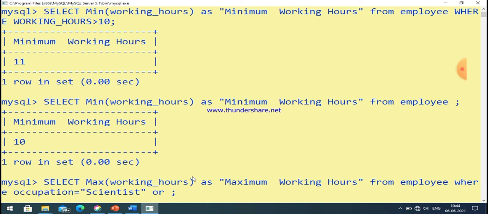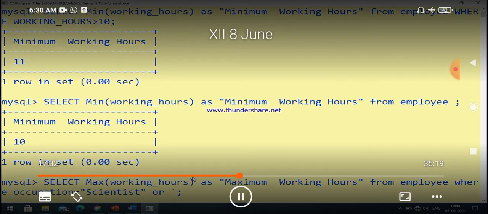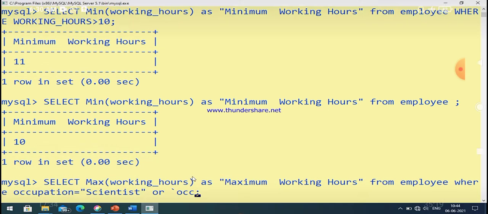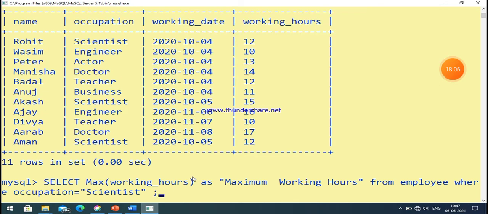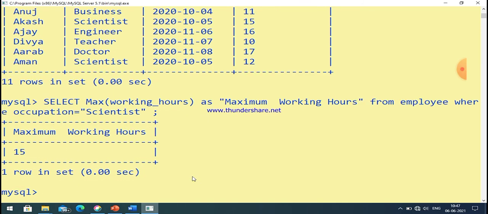Or if you want to mention more than one condition, suppose you can write just occupation is equal to scientist. So you can see here that the condition is occupation is equal to scientist, then the maximum working hours of scientist will be calculated here, which is 15 hours.